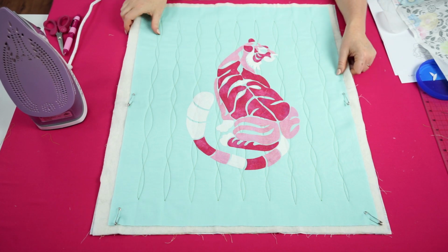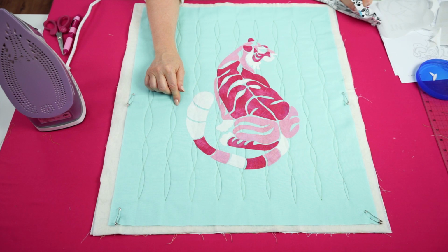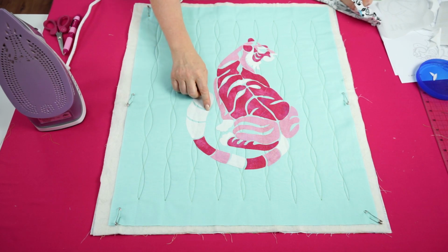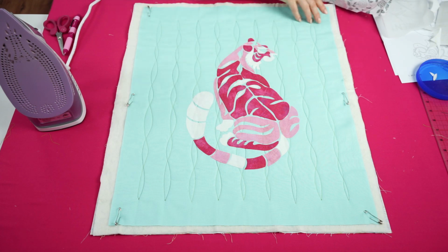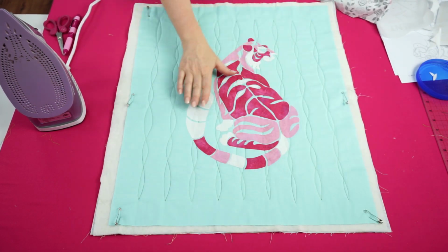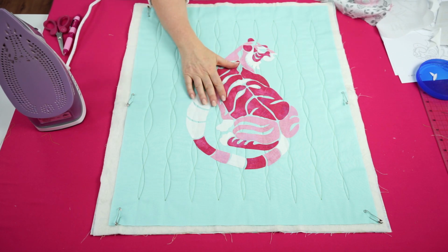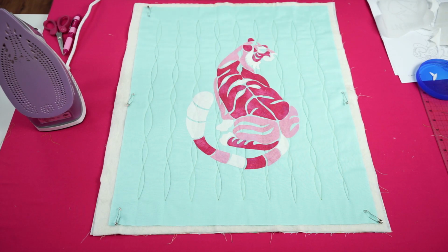And here's our beautiful pink tiger. So at this stage you could head to the sewing machine and start stitching. You could stitch with just a tiny little zigzag or a blanket stitch. That's going to be okay because you've got your busy backing fabric, so it won't be too noticeable on the back of your work. I'm going to use free motion sketchy applique, but just before I start, I'm going to